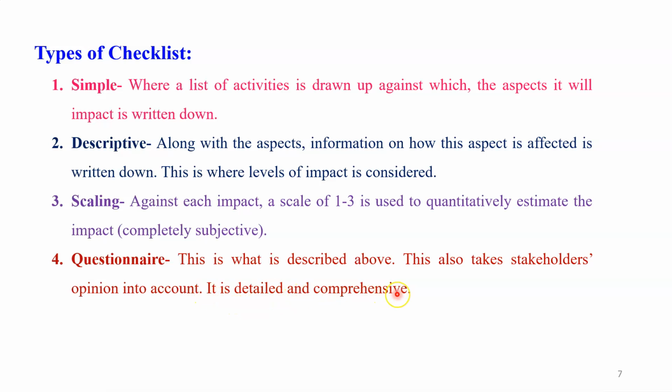It is detailed and comprehensive. When we are making the checklist, you can also give the checklist in the form of a questionnaire to the people, the audience or the stakeholders, who are living in that particular area, because they are local people. And when we are going to start a new project, the opinion of those local people is very important. So you can communicate with them, make your checklist in this questionnaire form and give the circular to them, and you can take comments on the answers and responses of those stakeholders or local people about that new project.